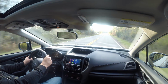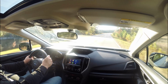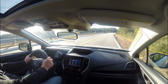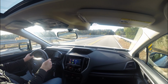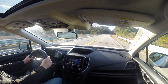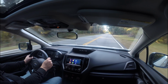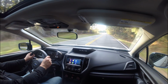And Yokohama Geolander 17-inch 60 height tires, so they're pretty tall rubber in addition to this jacked up suspension, and it does have an effect on the Impreza's really, really planted handling feel. There's simply no other way to say it. But is that a deal breaker? No, absolutely not. Because this car comes with such a soft ride and is so comfortable and smooth and insulated for this generation, they're trade-offs that you're going to be pretty happy to make. At least for people who are in the market for